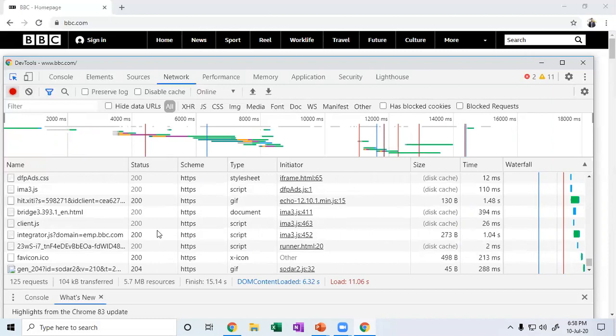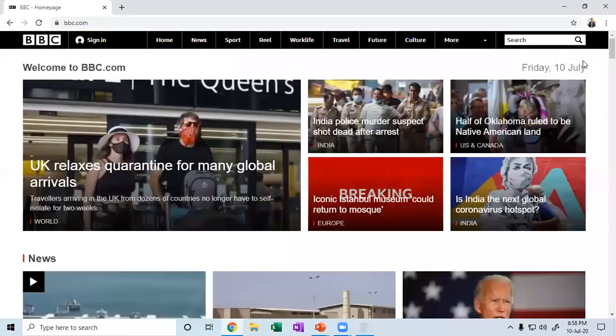But as a normal user, we never care about these things. There are, I think, 125 requests sent and 104 KB of data transferred. So this much is happening behind the scenes, but we never care. How is this possible? Because my Chrome browser handles these things behind the scenes. This is the power of abstraction.